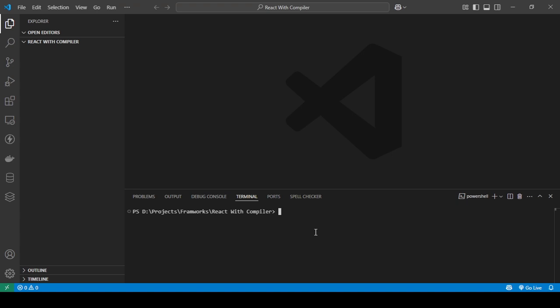Okay, so in this tutorial I'm going to be showing you how to install React with the React compiler using Vite. So let's get started. To install React using Vite, just type in the command npm create vite@latest, and then I'm going